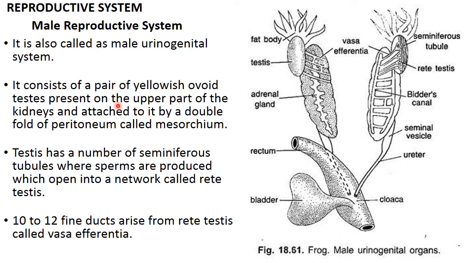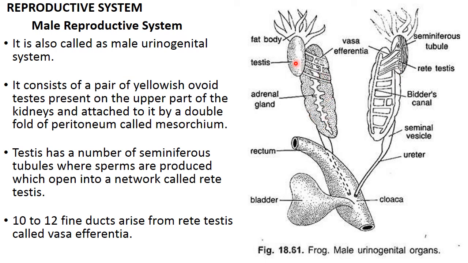Now coming to the male reproductive system. अब मेल रिप्रोडक्टिव सिस्टम में हमने अभी देखा था कि it acts as both for passage of urine as well as for sperm, so it is also called as urinogenital system। तो यहाँ पे जैसे नज़र आ रहा है कि एक पेयर ऑफ ओवॉइड येलोइश टेस्टीज है, उसके ऊपर फैट बॉडीज होंगे, दोनों साइड्स में है, दैट इज प्रेजेंट अटैच्ड टू द ईच किडनी। यहाँ से भी अटैच्ड टू द किडनी है, दिस इज द होल किडनी, ये टेस्टीज है,